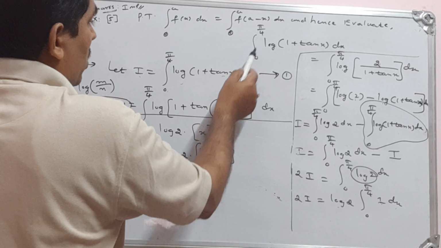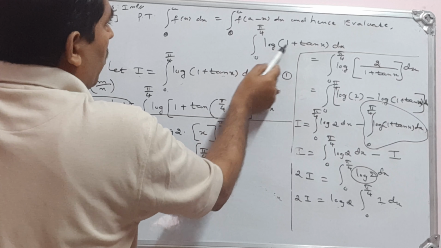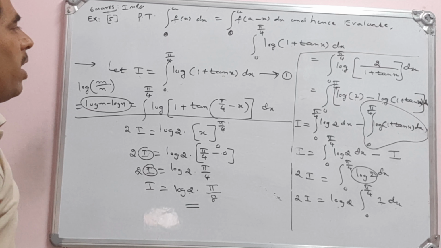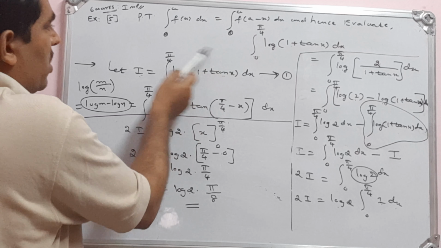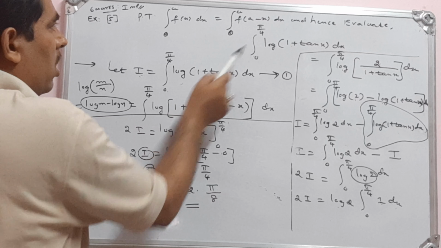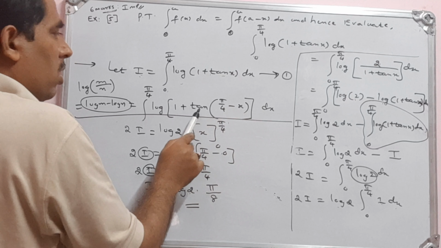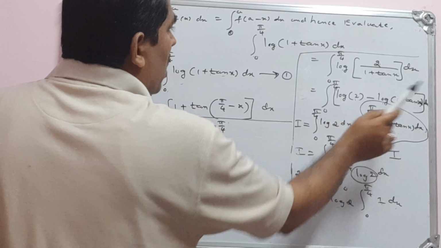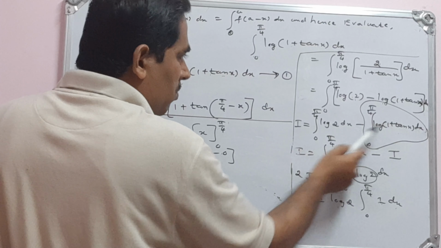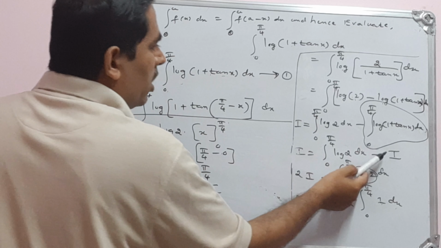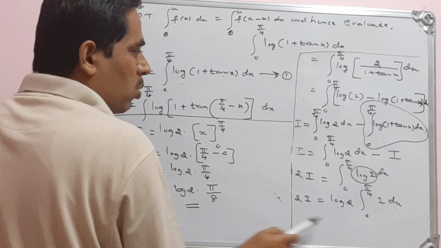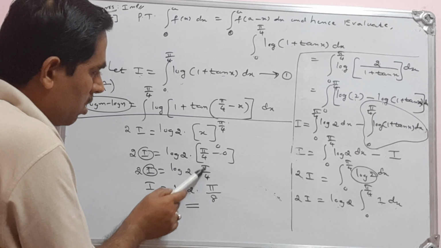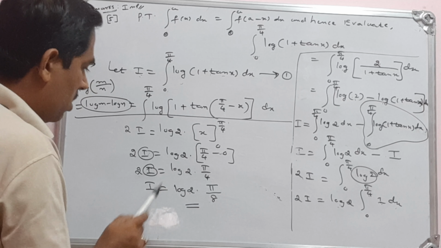The question asked was to evaluate 0 to pi by 4 log of 1 plus tan x. The answer is pi by 8 log 2. See how we have deduced this. We considered the first integral as I. Then you apply the property a minus x, then tan of x minus y, apply the formula. Then you reduce this to log 2 minus log, log m minus log n. Then integrate these two terms separately. Then this is nothing but the given integral I. Then you shift this to the left hand side, I plus I becomes 2I. Take log 2 outside. Integration of 1 is x. Then upper limit minus lower limit. The upper limit is pi by 4. Then 2 into 4, 8. This log 2 is a constant.